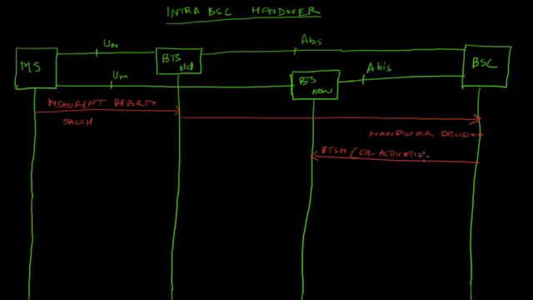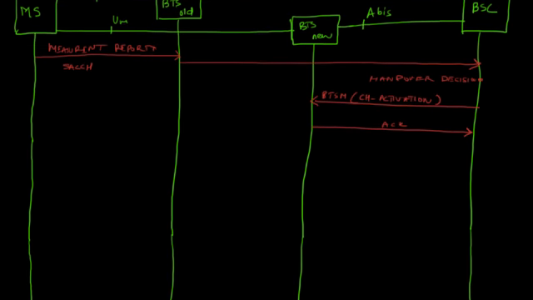In this channel activation message, the BSC includes the handover number, the type of handover, and also the channel type and the channel number. The new BTS responds back with an acknowledgement of this message. After the new BTS says that it's ready with the new channel, the BSC will send a handover command